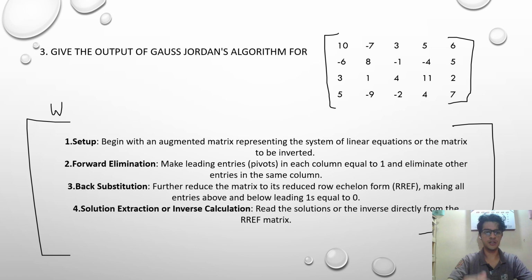Very first is setup: begin with the augmented matrix representing the system of linear equations, or the matrix to be inverted. Forward elimination: make the leading entries in each column equal to 1 and eliminate other entries in the same column. Back substitution: further reduce the matrix to its reduced row echelon form, RREF, making all entries above and below the leading ones equal to 0. Solution extraction or inverse calculation: read the result directly from the